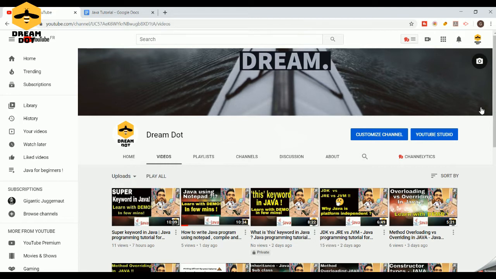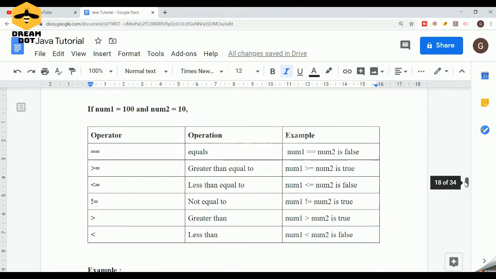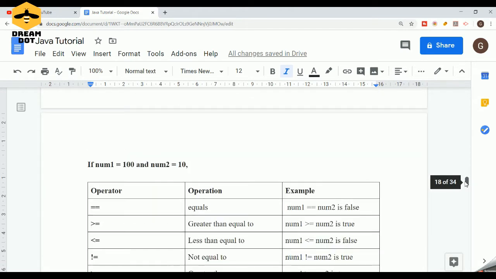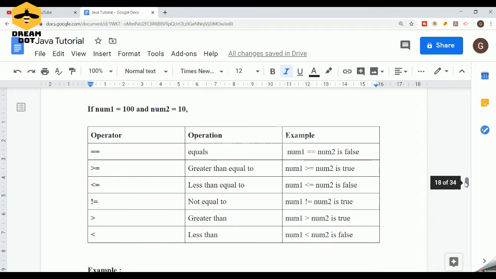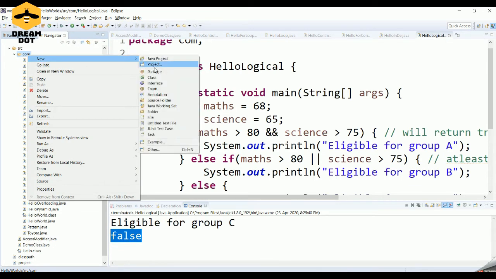In the recent past videos, we have been trying to cover the variables, the data types and the operators in Java. And in the recent videos, we even spoke extensively about arithmetic, logical and relational operators. So today in this video, we are going to talk exclusively about relational operators in Java. So what are relational operators? Relational operators establish a relationship between two values, whether they are equal, greater than, lesser than, greater than or equal to, lesser than or equal to, or not equal to. Let's straight away jump into the demonstration and check how these operators work.